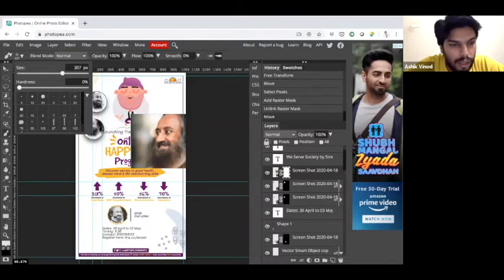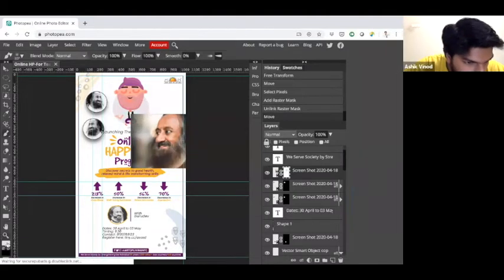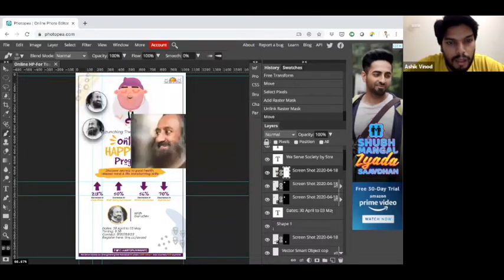Now I am drawing on the mask. So here the mask is selected. I am drawing on the mask, and you can see that it is actually, just a second. Let me just make it into black. Now you can see that the background is slowly going off.